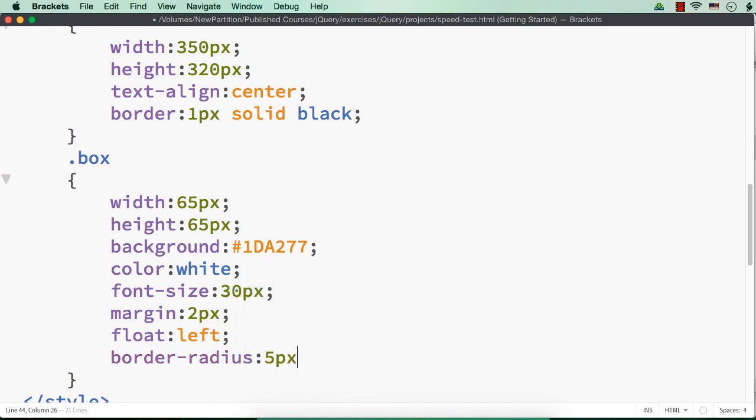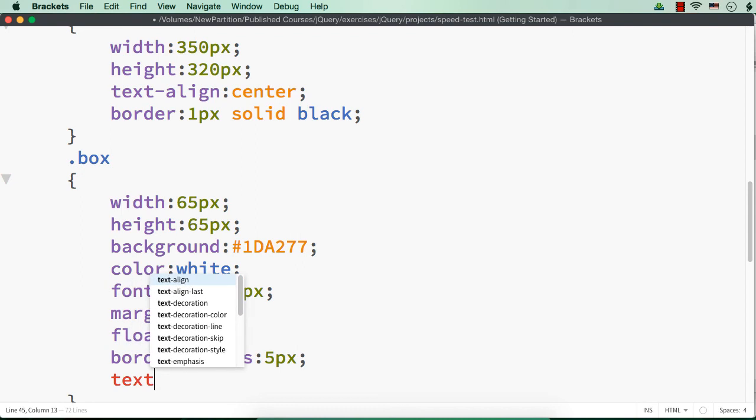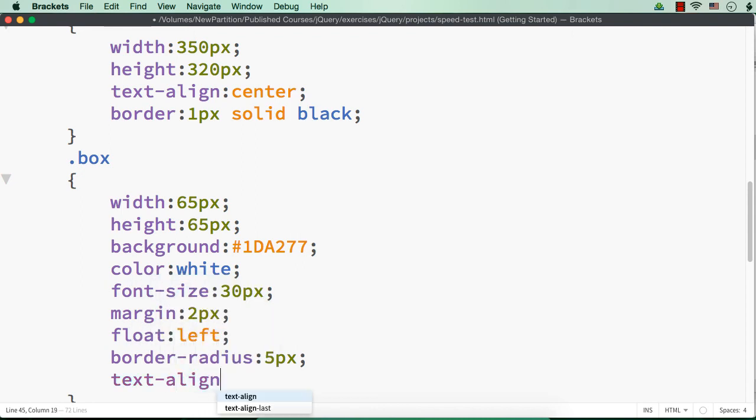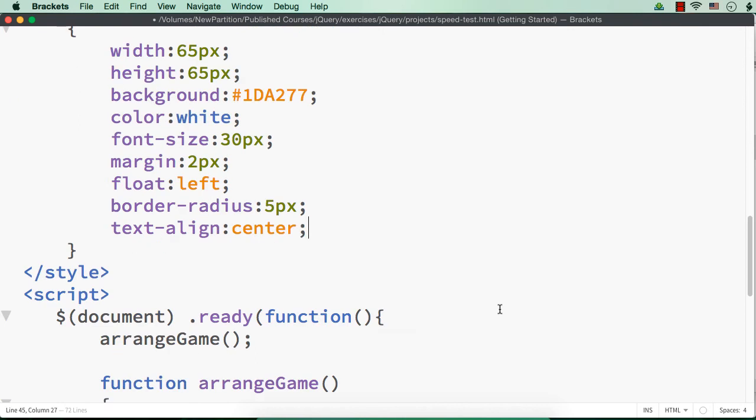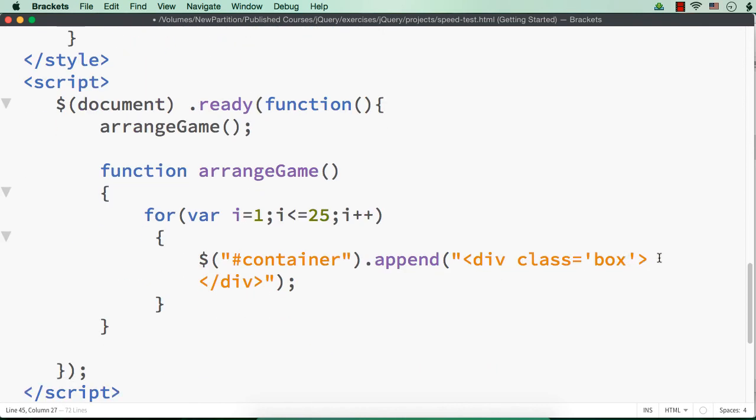Let me set the value to be 5 px and let me specify text-align to be center. Okay. And just for the time being, let me put a value of 1 within the div element so that for all the div elements we will see 1 as the text.